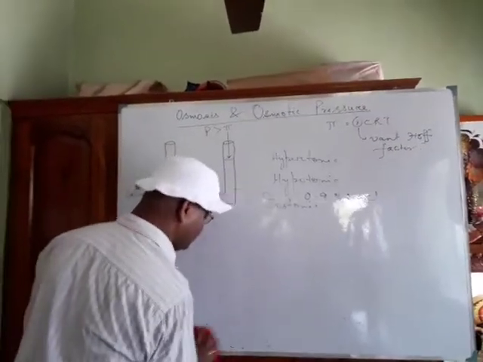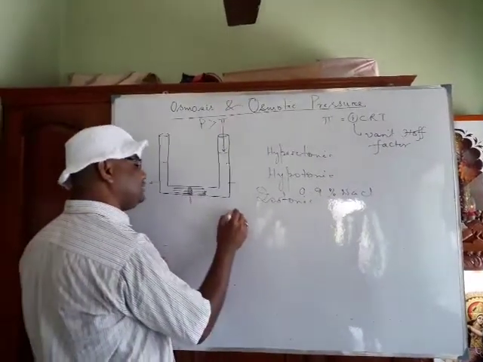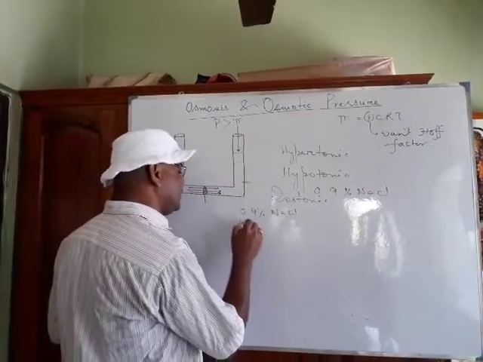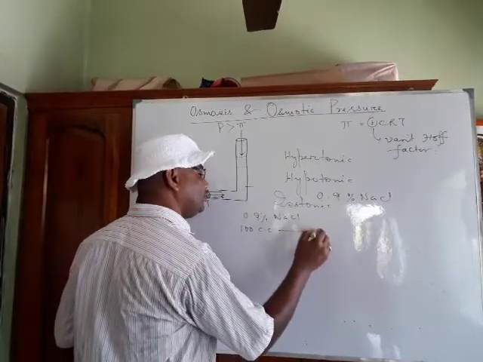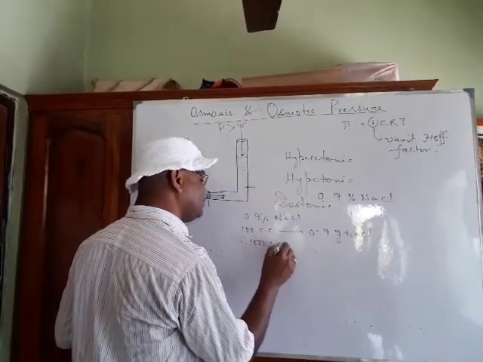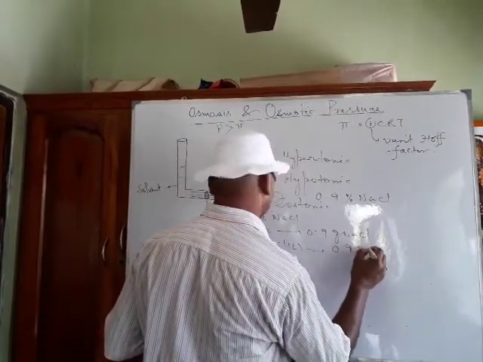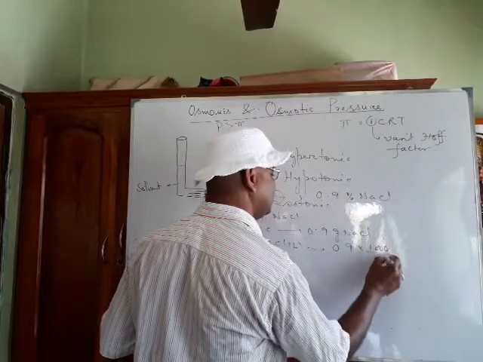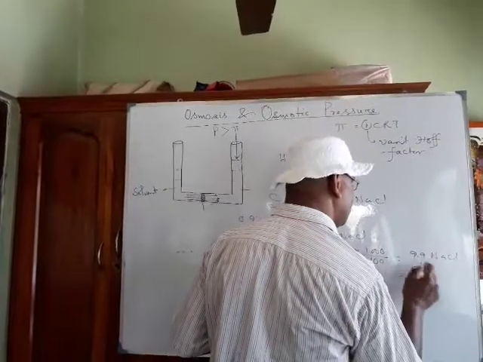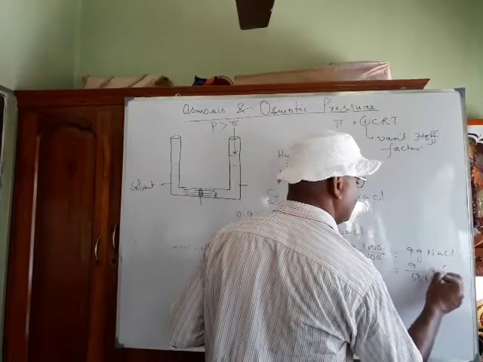Very simple calculation. Look, 0.9% sodium chloride means 100 cc solution contains 0.9 gram sodium chloride. So for 1000 cc, why 1000 cc? 1 liter. So it will be 0.9 into 1000 divided by 100, means it will be 9 gram sodium chloride, means it will be 9 divided by 58.5 gram formula weight